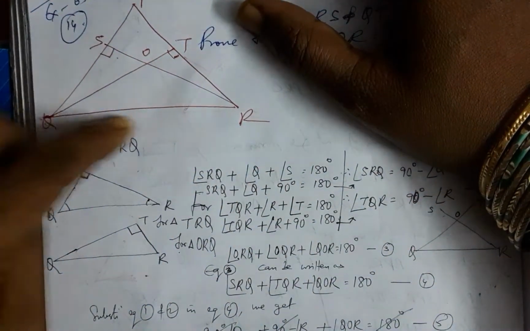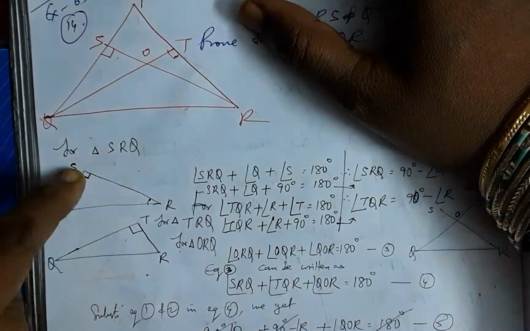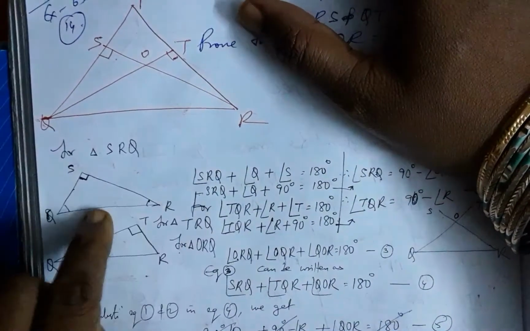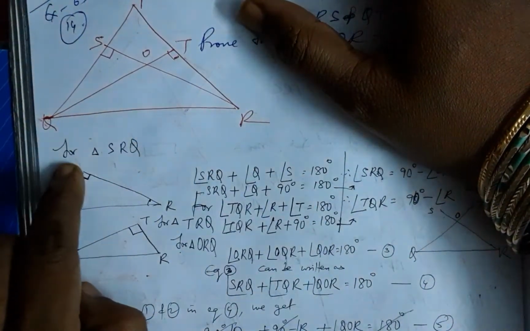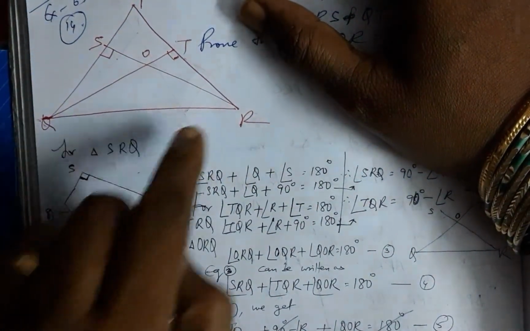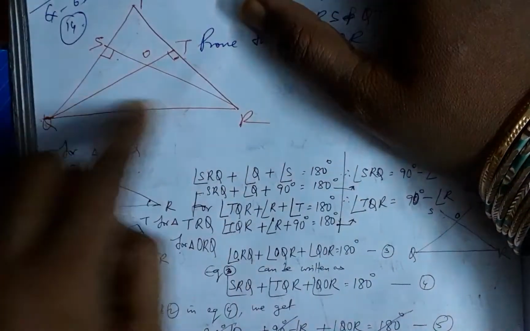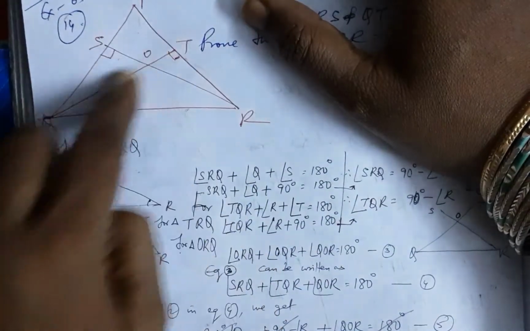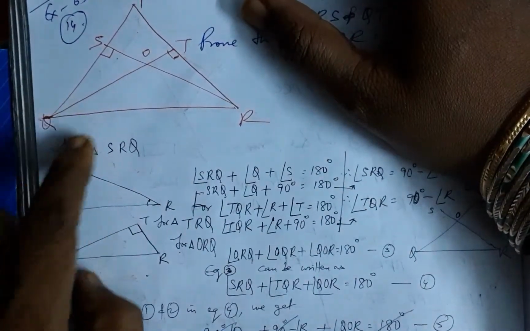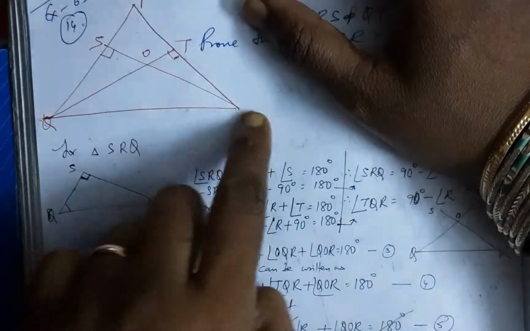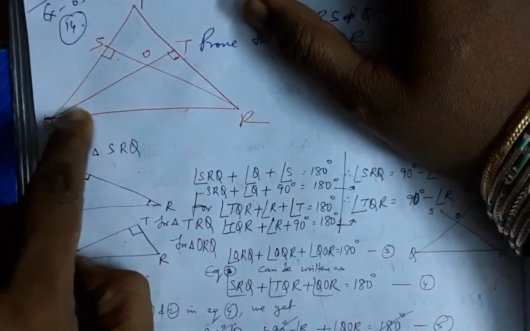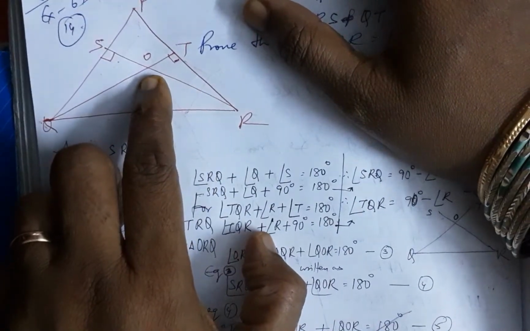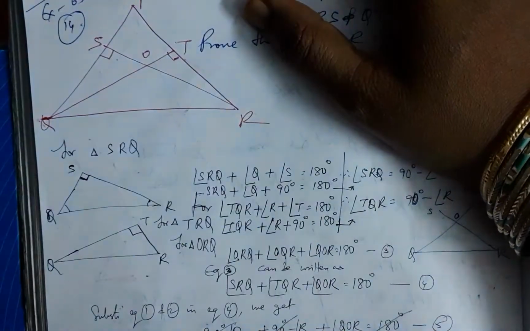For this triangle, applying the angle sum property, I can get this angle, QRS or SRQ. I obtain this angle of this triangle. Now again, catching hold of this triangle, I will get hold of TQR or PRT, whichever. And once I get these two angles, again I put the angle sum property to arrive at QOR. That is the plan of action.